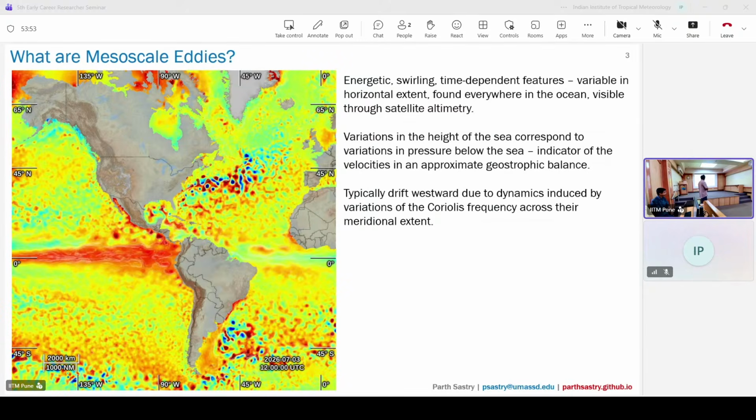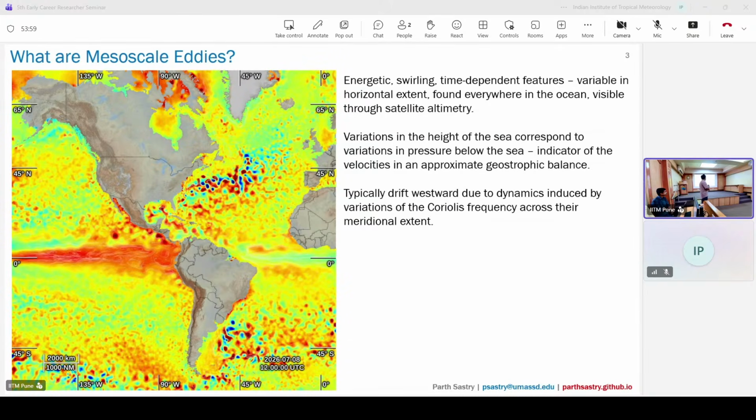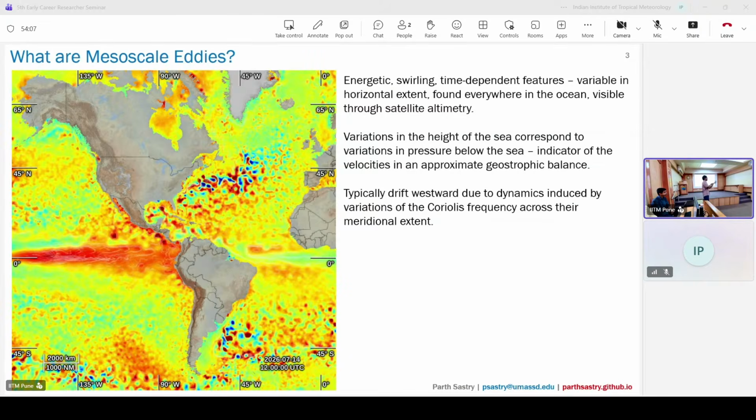These eddies, if you look at them very closely over an extended period of time, will appear to drift westwards as they evolve, and this is because they're so large that they can experience the difference in the Earth's rotational frequency as they go over their meridional extent from south to north. And because of that and the ways in which the Coriolis term interacts in the Navier-Stokes momentum equations, they tend to